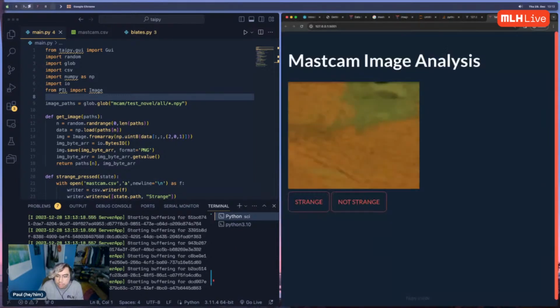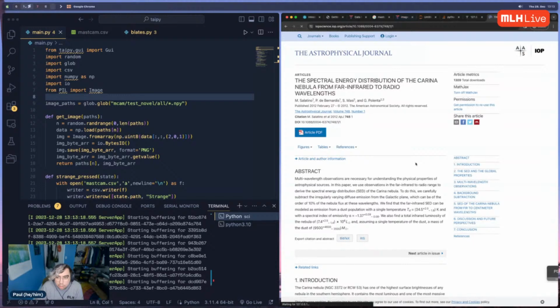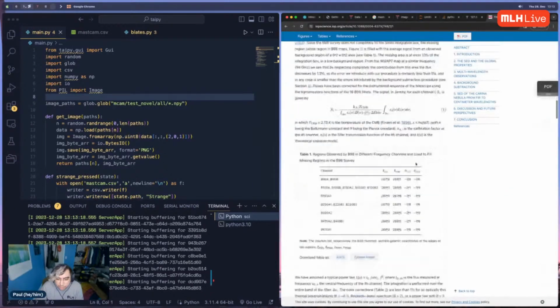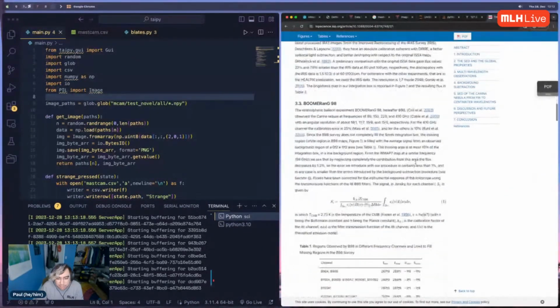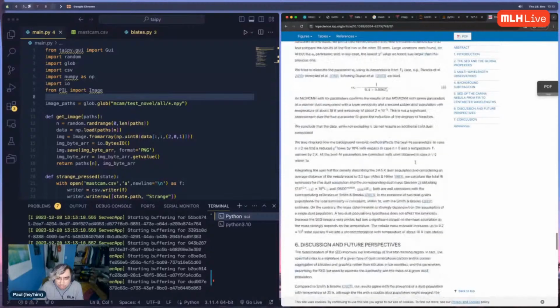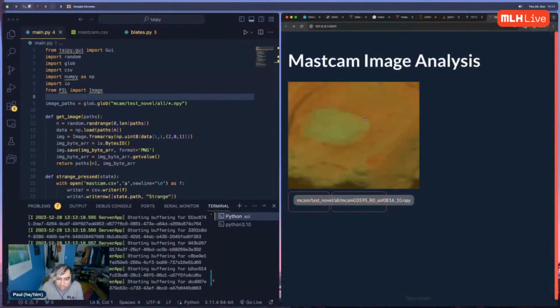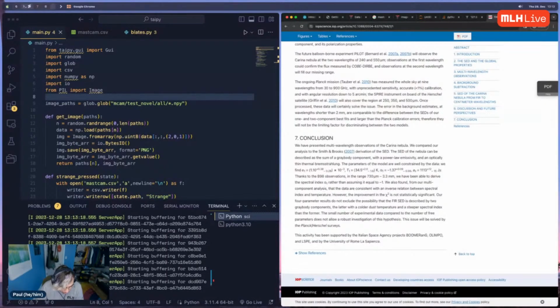Alrighty. So, what I have, and I'm going to pull up the paper here for a brief second. Looking at papers. Is this what you expected to do today? Looking at papers? This is what I do all day. It's fun. It's actually not that paper. Dang it. Well, we're going to be looking at the Carina Nebula, which I'll just pull up the Wikipedia on